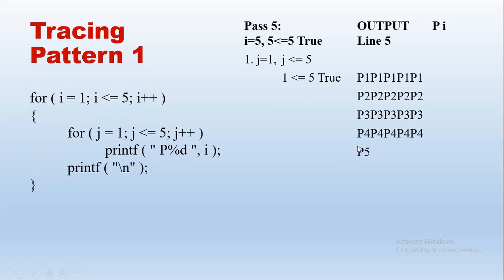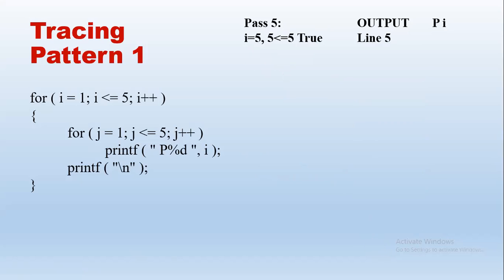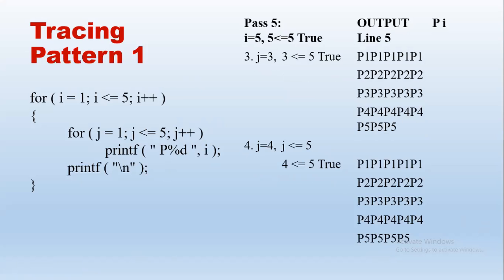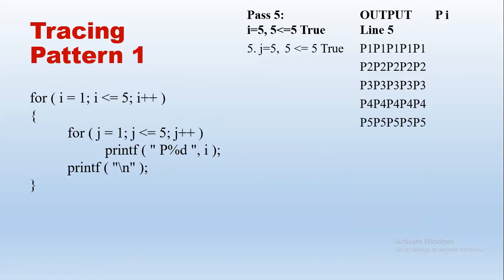So in line 5, we have only one value now, right? So now j becomes 2. So every time increment j by 1. So j plus plus, j becomes 2, right? So now 2 less than or equal to 5, true. Print P5 second time in line 5. Next, j increments to 3. So we print P5 for the third time. Note that only the inner loop is executing multiple times, right? Everywhere. So when j becomes 4, P5 is printed fourth time, right? j is 5, condition true. P5 is printed 5 times. So when j becomes 6, 6 less than or equal to 5, condition is false.